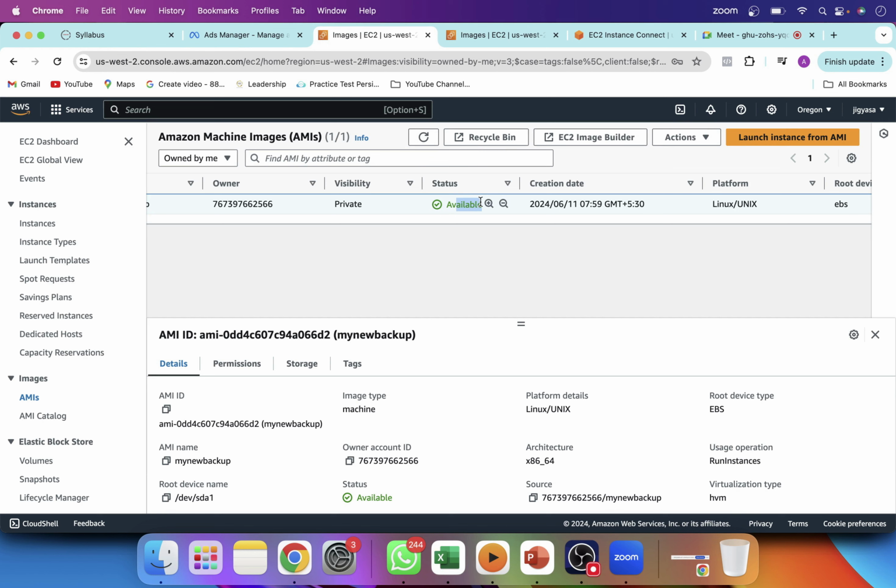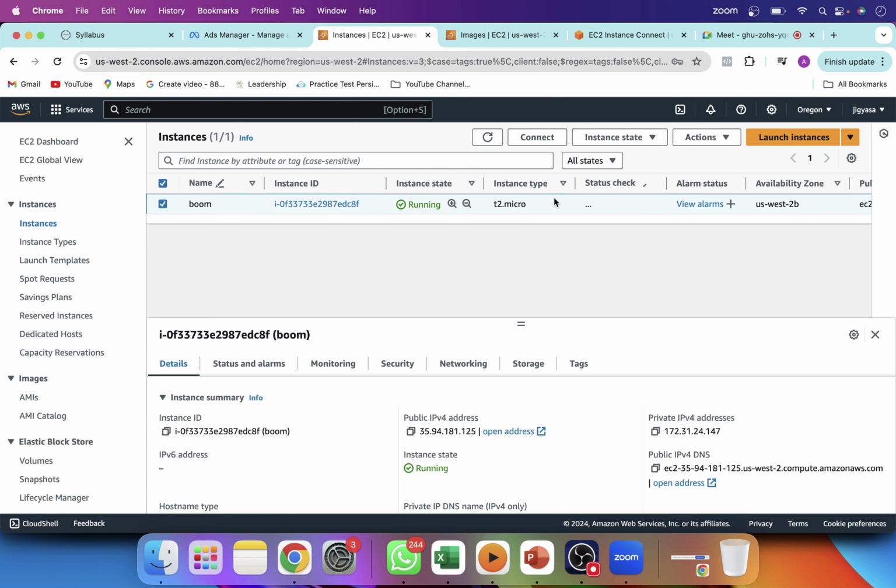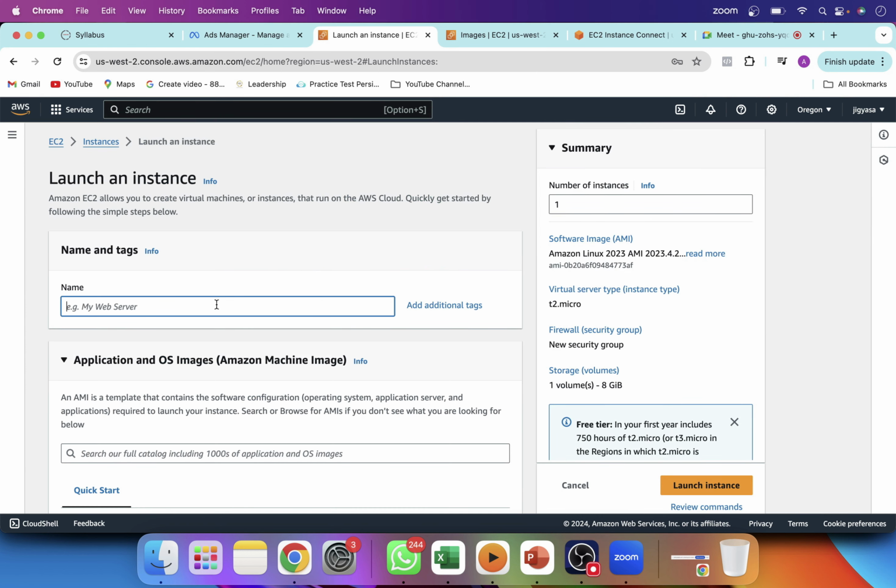Now you can see it is in the available state. We can use this one. Go to instance. If you remember, we have one folder called OYO. It should be there when I create a new machine. Launch instance, my new machine. Okay,